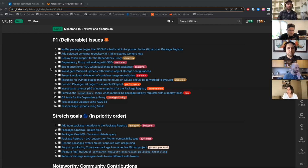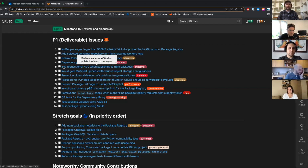The next one's been open for a while. This is one of our P2 bugs that's kind of been pushed back a lot, but this is a bad request error when publishing NPM packages, and this has a lot of customer interest as well, so it'd be great to resolve this. And then part of the theme of